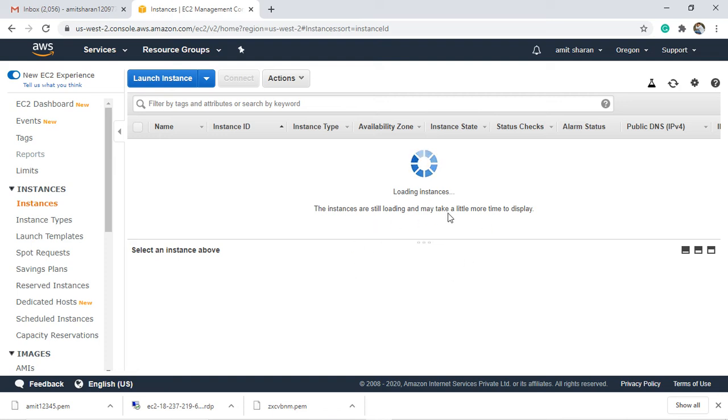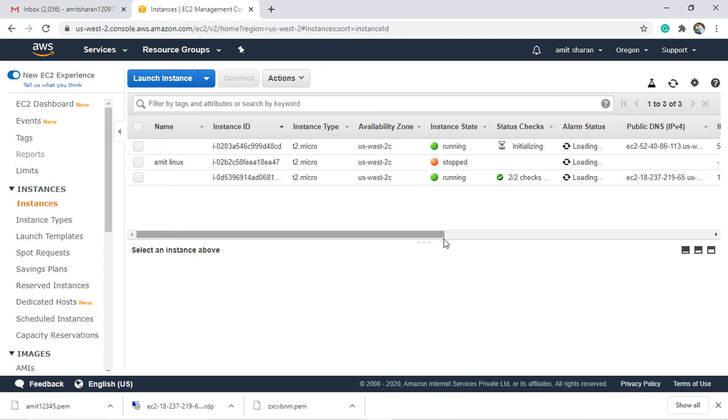The instance is loading. See, this is our instance, which was created just a minute ago. This is our instance which is created,